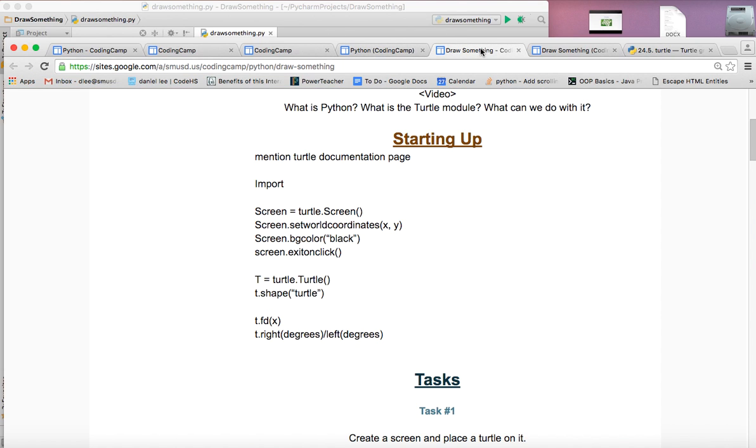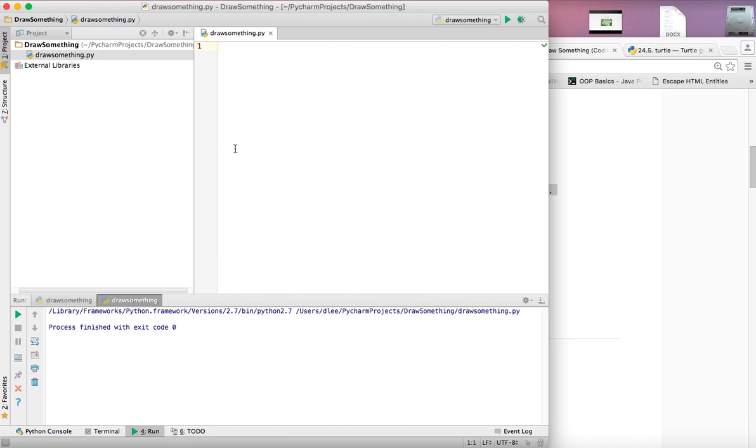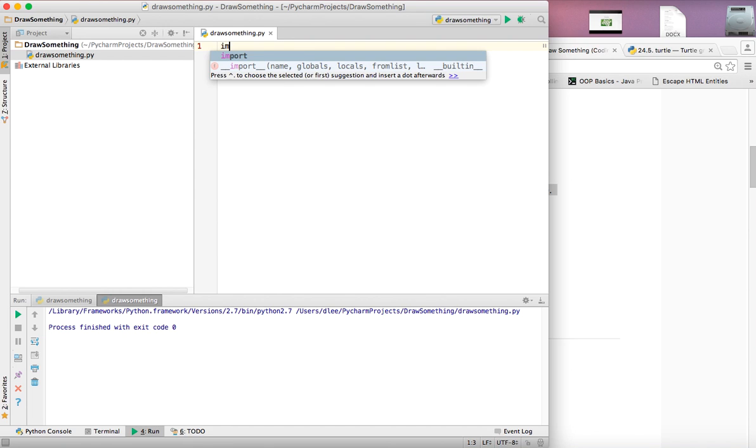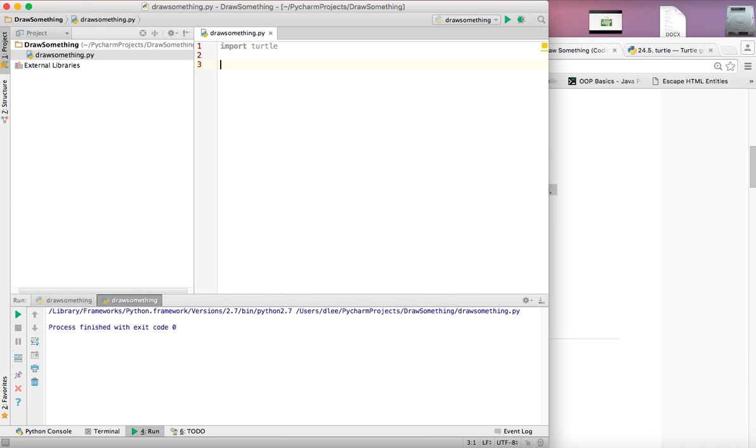So let's go ahead and come back here to draw something, create a screen, create a turtle, and draw a square. So let's come right over here, and to create a screen, well, to start off, we would need to import the turtle module. Okay, that's saying let's start using the turtles, give us access to all of the turtles. Right? And then the next piece that you would want to do